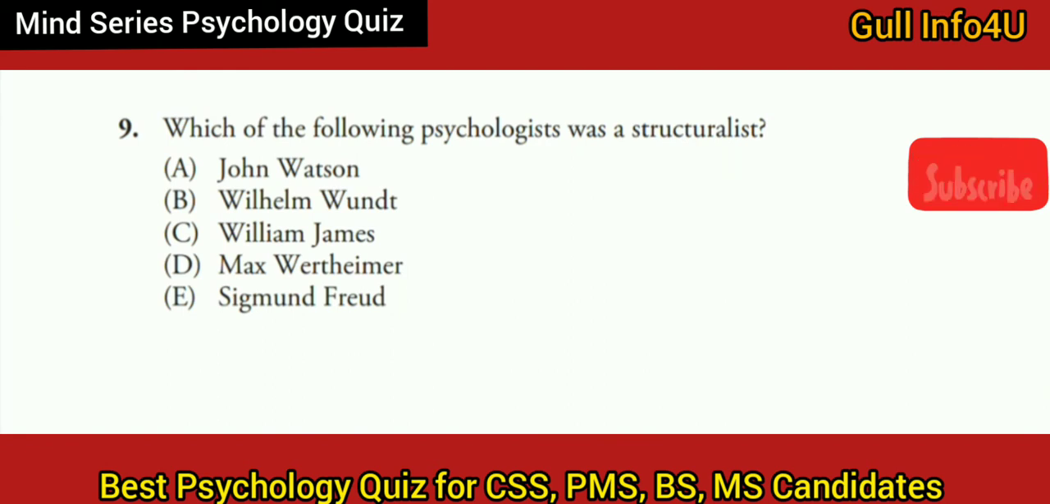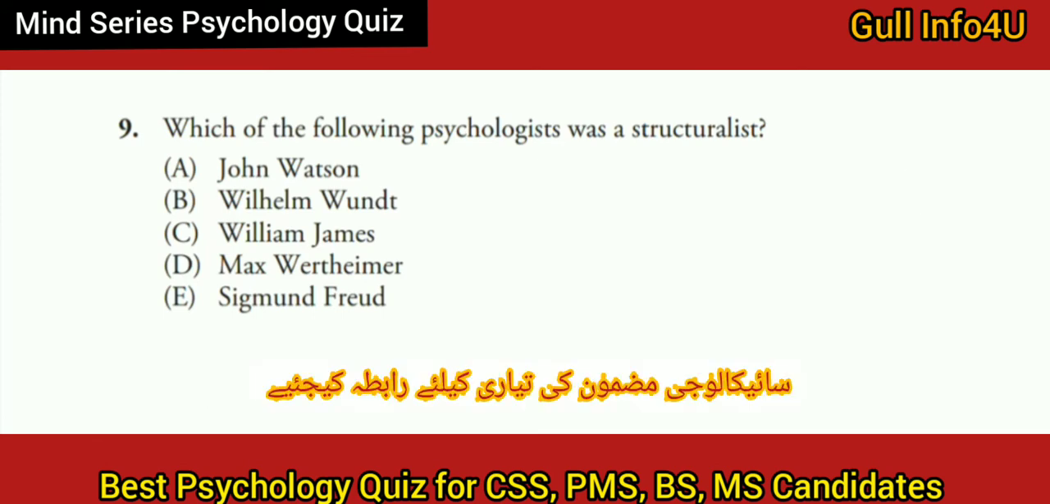Question: which of the following psychologists was a structuralist? It's a very easy question. John B. Watson, or William Wundt, or William James, or Max Wertheimer, or Sigmund Freud? The true option is